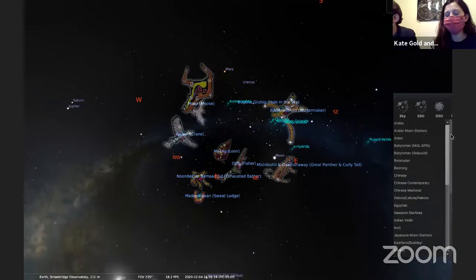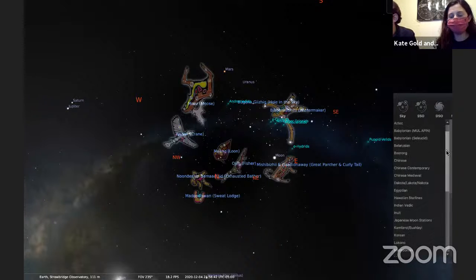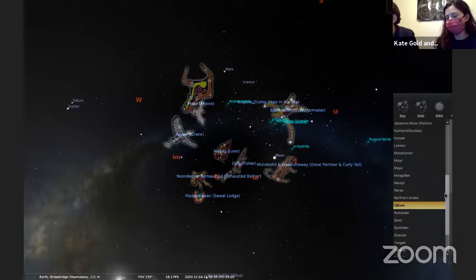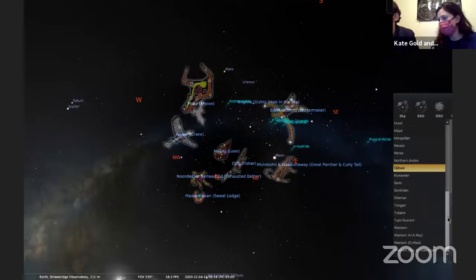You also are able to manually add files with additional constellations or star lore which aren't in the default, but it may be that these particular ones aren't in the default package. Yeah, I think we've looked through most of what we have in ones that have the full illustrations.